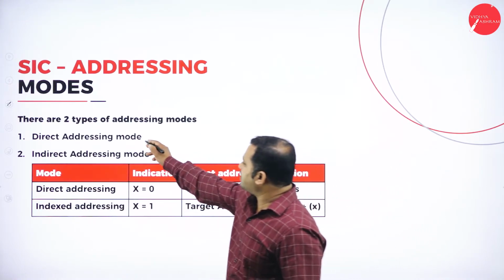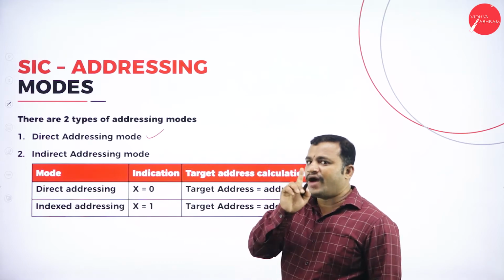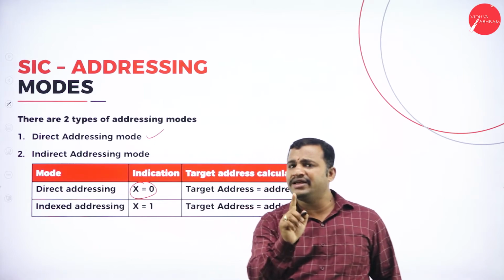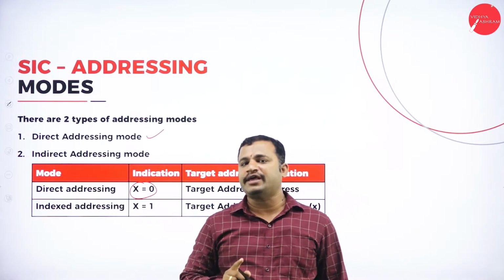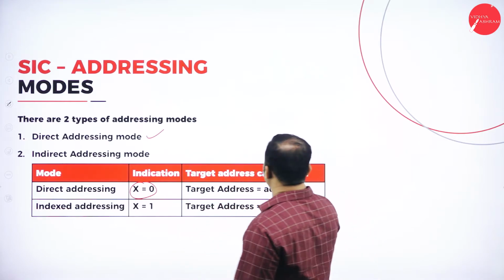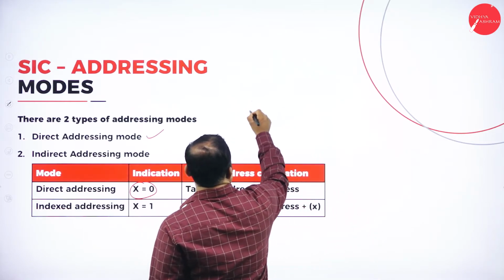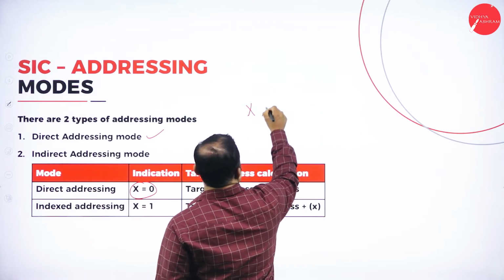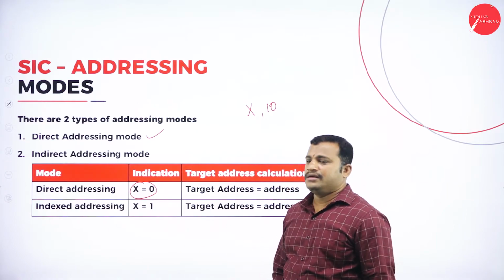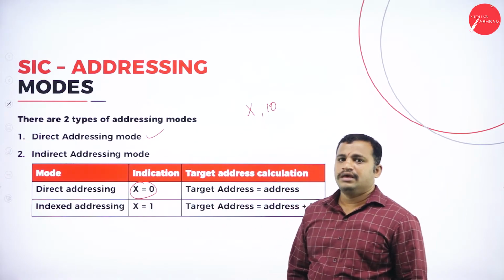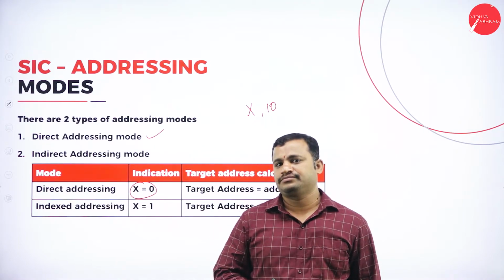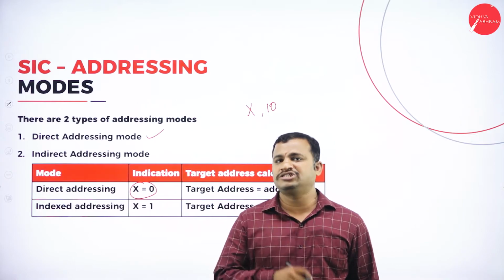In case of direct addressing mode, we have the value directly, that is the value of X equals 0. But what is another difference between a direct addressing mode and an indirect addressing mode? What is that X? X indicates which register? Index register. Suppose I have another register called A,